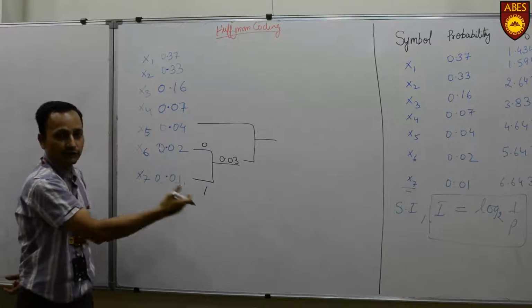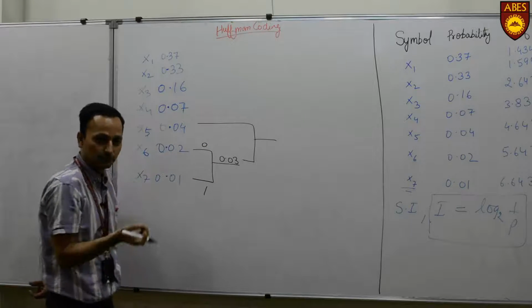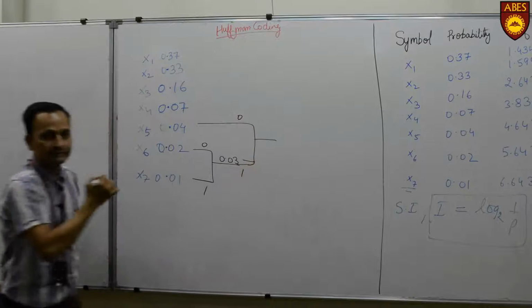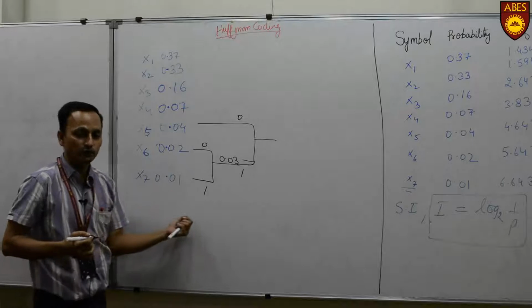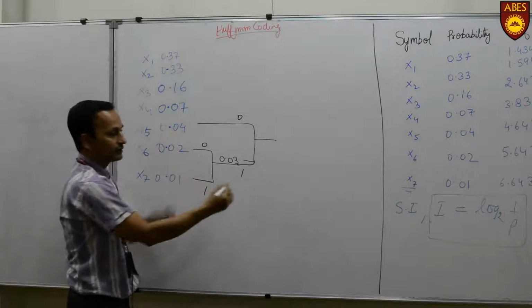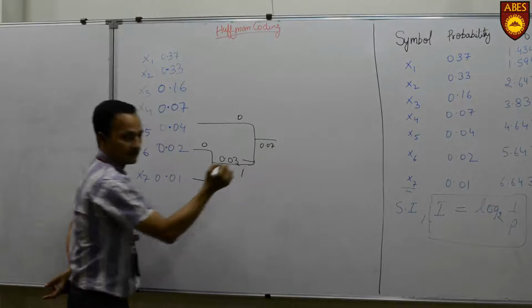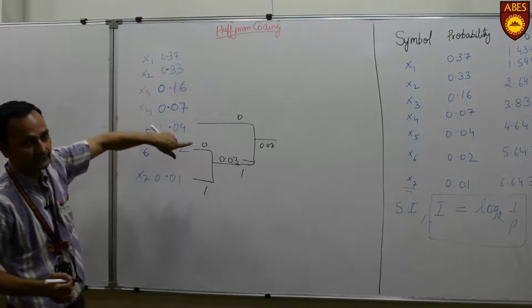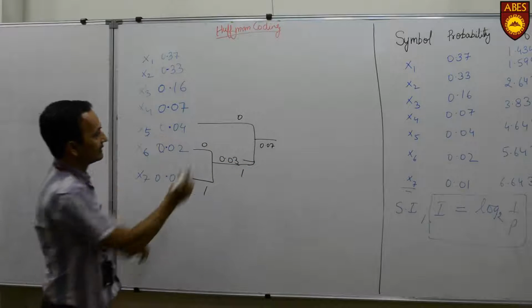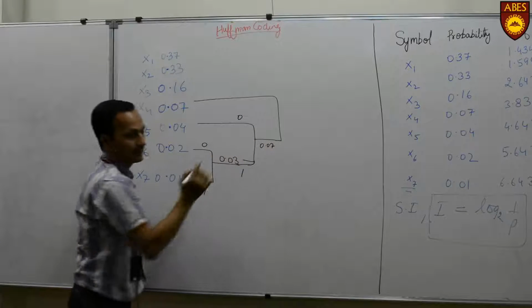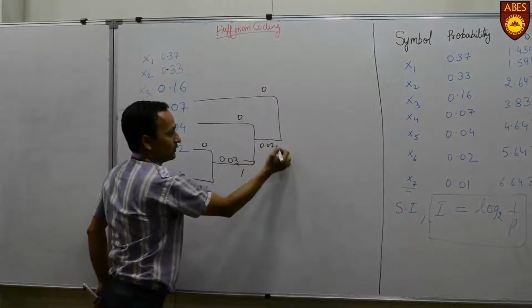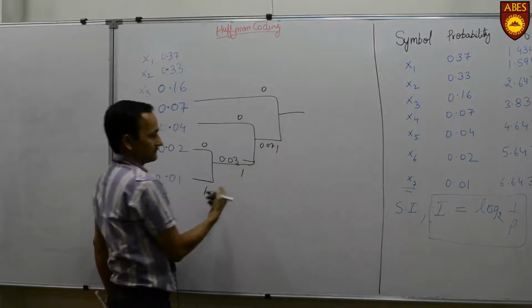In this order we have to arrange all the symbols, add up the two lowest symbols, and assign 0 and 1 to them. This is the order that we have to follow to encode the symbols. Again take 0.03 and 0.04, the sum is 0.07. Now when we see these symbols, this 0.07 and 0.07 are the same, so we can take these two symbols. Again we assign 0 and 1 and take their sum, which comes out to be